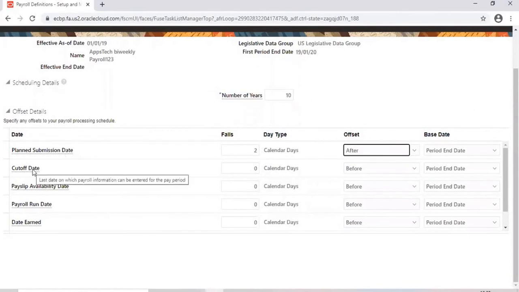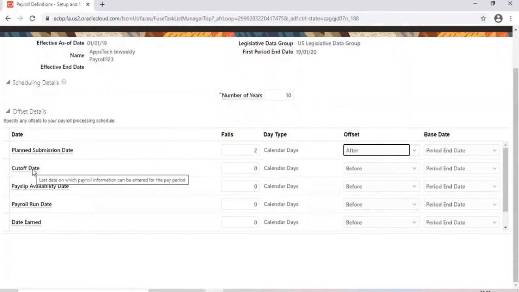Then cutoff date. Cutoff date is the last date on which payroll information can be entered for the pay period. Suppose you will enter certain payroll data, right? Maybe some bonus elements, depending on your requirement. So let's say the period is 6th January to 19th January.